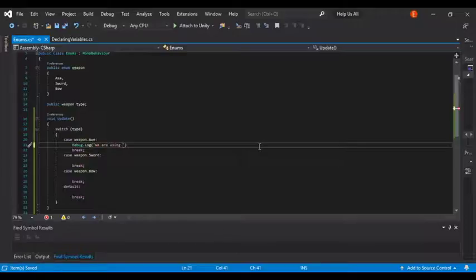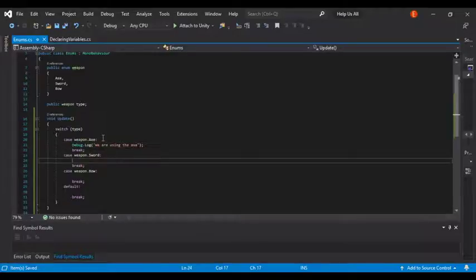Okay, we are using the axe, and instead of using debug logs, we're actually going to be adding scripts here, like the axe damage value and things like that, but that comes later. For now, let's just see if this works. So debug.log.